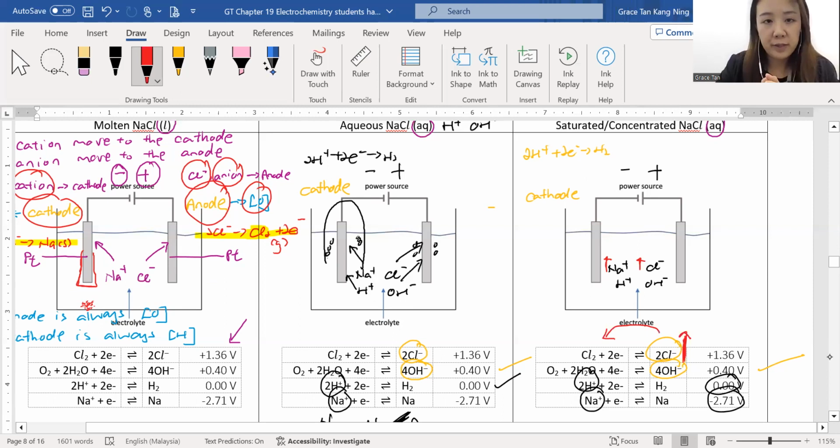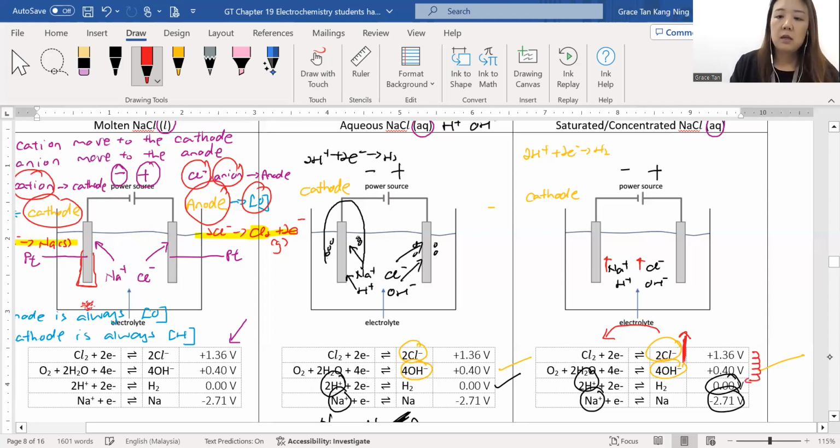Or what is standard reduction potential? The ease of undergoing reduction. So if you favor reduction, that means your number will be more positive. But currently now, you are shifting to the left. To the left means oxidation. That means you're going against reduction. So if you're going against reduction, you do not really favor reduction. That means your positive 1.36 should not be so positive. So what happens actually is the positive 1.36 will actually be more negative,